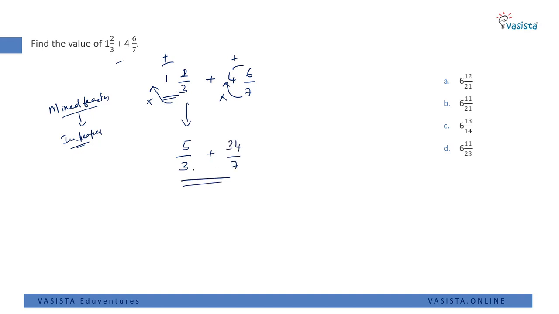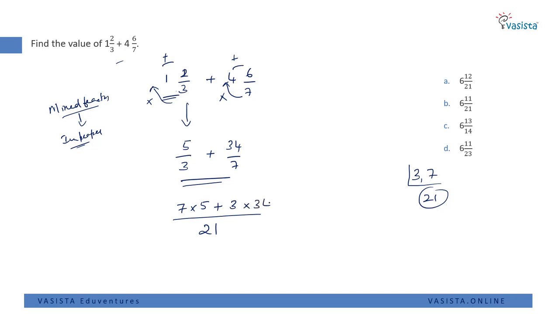Now observe the denominators. Both denominators are different, so find the LCM of them. 3 and 7, both numbers are not divisible by each other, that is, they are co-prime numbers. Now multiply: 7 threes are 21, so 21 is the LCM. Now divide 21 by 3, that is 7, and multiply the numerator, that is 5, plus 7 threes are 21, so 3